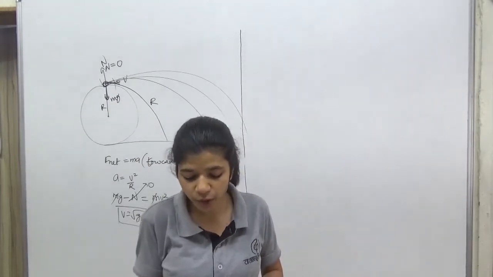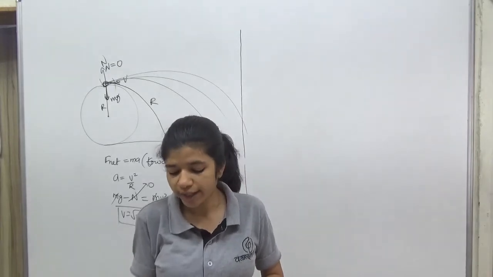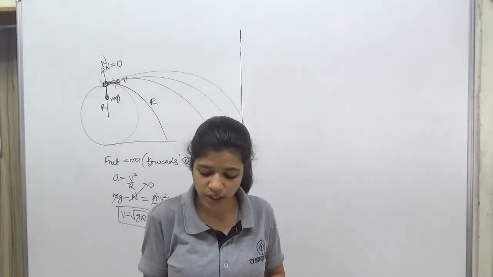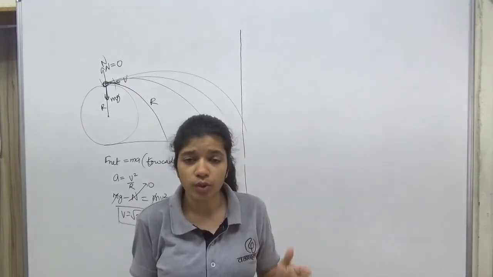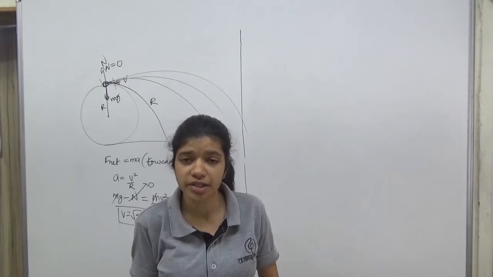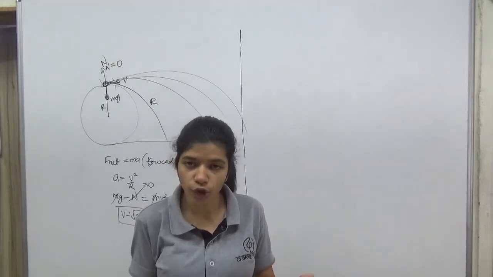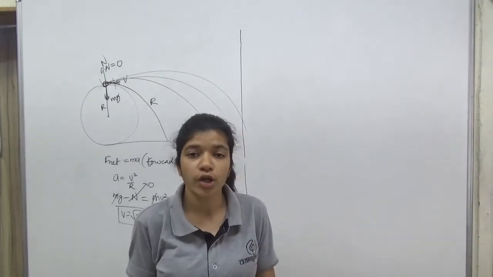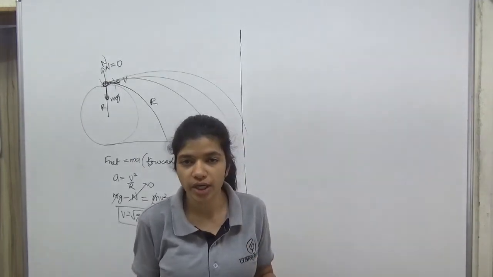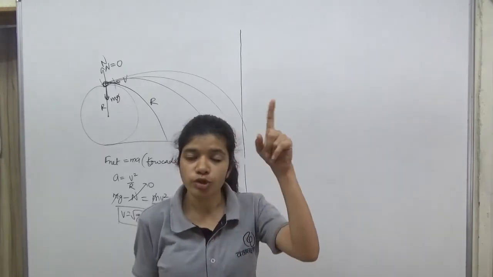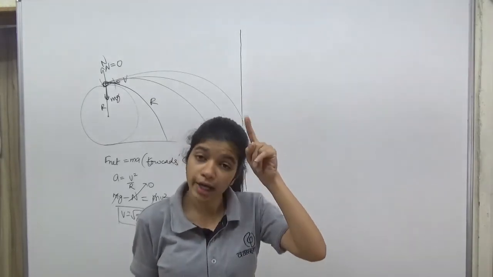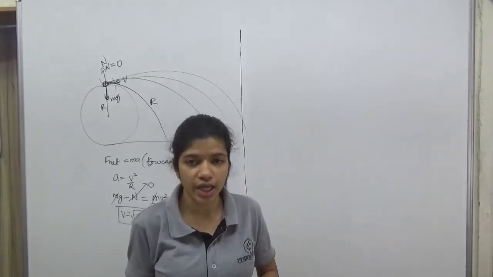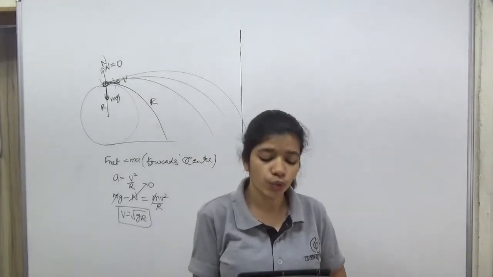E13, the minimum velocity at the lowest point so that the string just slacks at the highest position in a vertical circle of radius L. So we have already done this. Just slack at the highest position means tension at the topmost point is 0. So what will be the condition at the bottommost point? If we provide root 5 GL velocity at the bottommost point, then at the topmost point we will have tension equal to 0. It will be able to complete the circle. At the topmost point velocity will be root GL. So the answer will be root 5 GL.